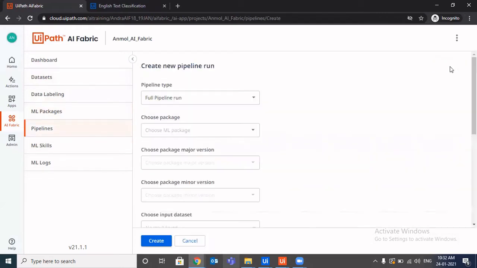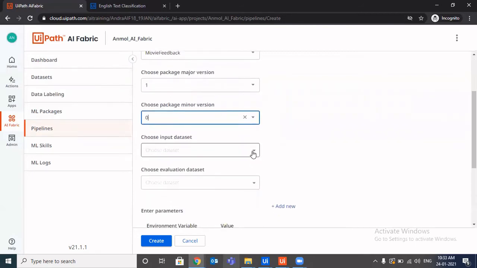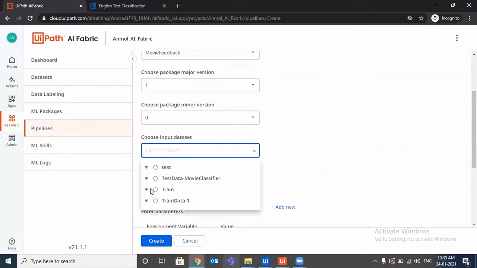So I'll click on create new pipeline. I'll be doing a full pipeline run. I'll be choosing my ML package, which is movie feedback. I'll be choosing my major version to be 1 and my minor version to be 0. As of now, because I haven't done any pipeline run, I'm only getting the minor version as 0. Now I'll choose the input data set to be